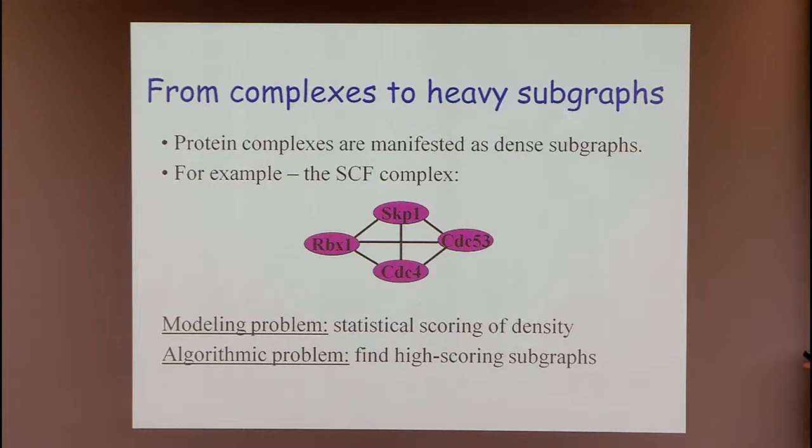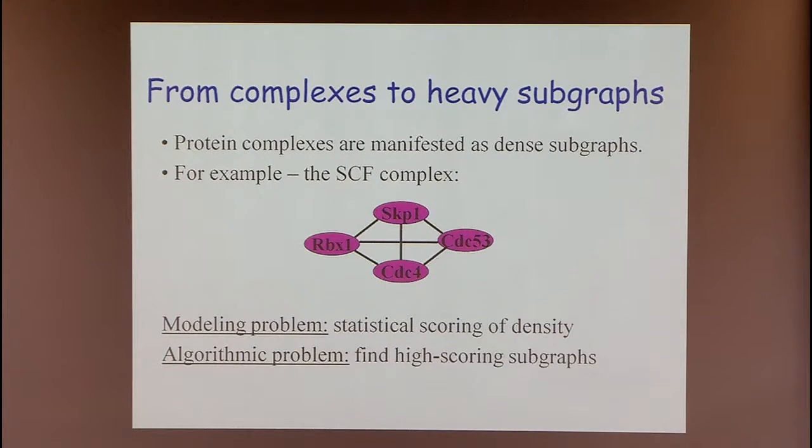Okay, so here's just one example. Of course, it's anecdotal, but if you measure it, they have some density that is significantly higher than the density of random sets of proteins. And of course, this now gives you an almost clear measure of how you are going to identify and score those modules. So in a very rudimentary way of defining things, we are going to look for dense sets of proteins in the network. Okay? So the modeling problem that we have to tackle here is how do we measure the density.